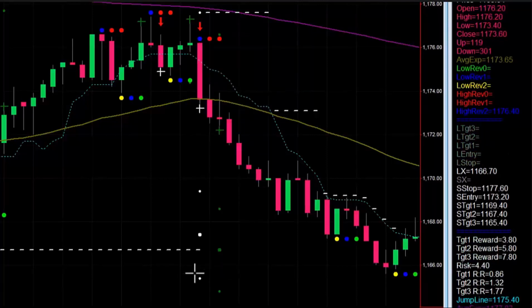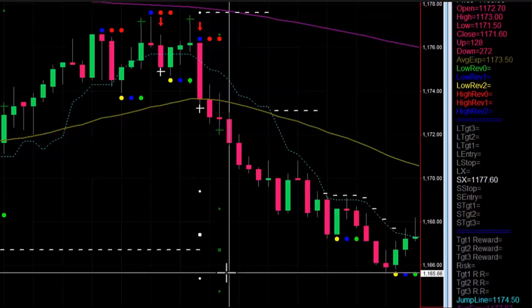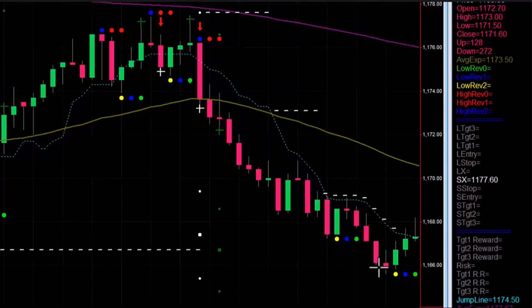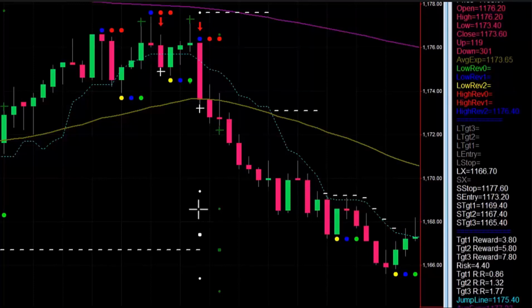I'm not sure if I miss a big target by 2 ticks, I want to let this go all the way up to my stop. I think I'm going to want to be aggressive and take part of that position off. You could either come off at the second target, you can come off right up here around 1166, a little bit above that. That's something you just have to decide. But for the sake of the spreadsheet, I'm just going to follow the stop of the jump line. So I'm going to put in these targets,